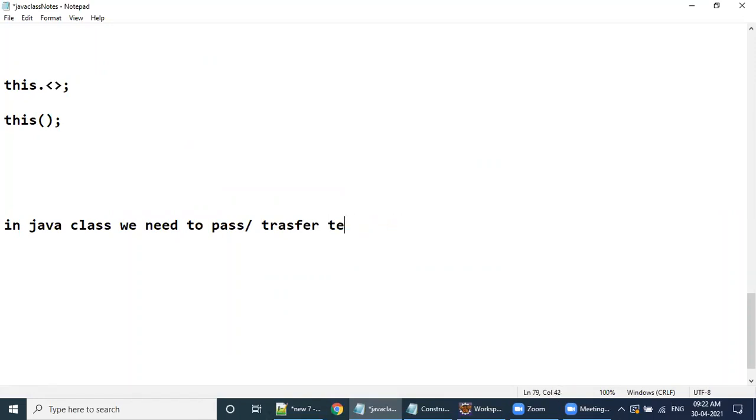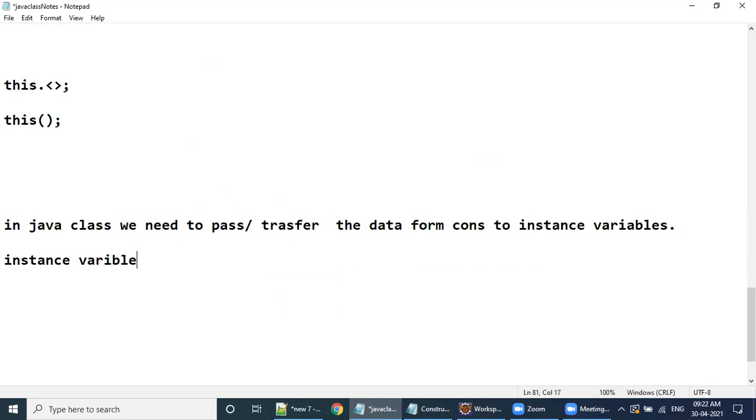Transfer the data from where to where here? From constructor to instance variables. Okay. Now, sir, can we pass the instance variables to constructor or constructor to a method?